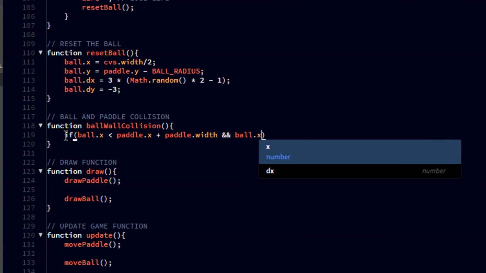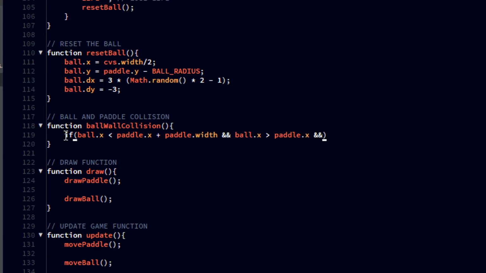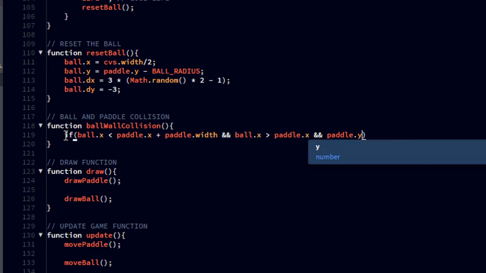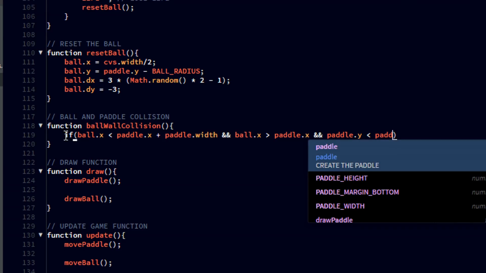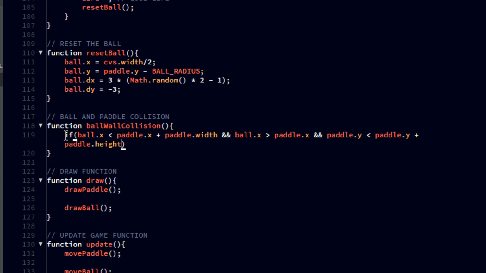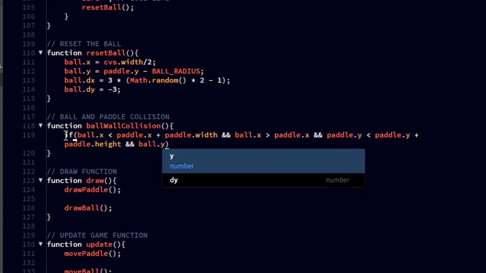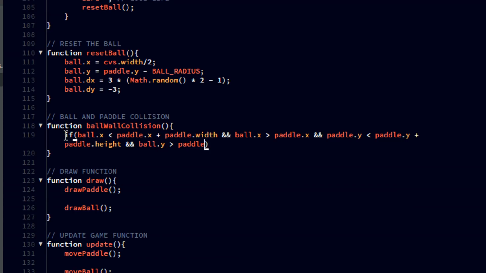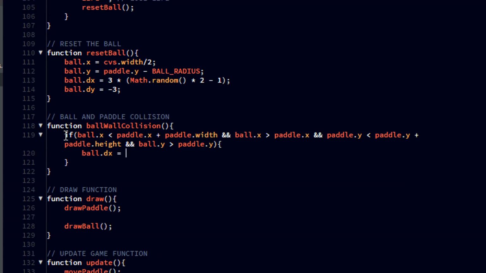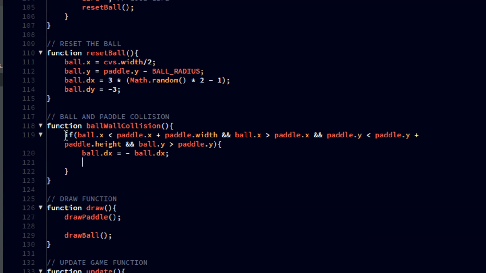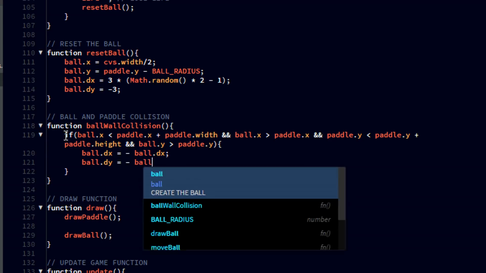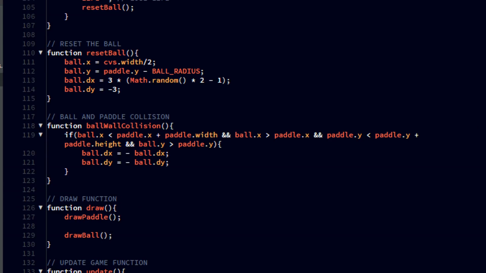So if the ball.x is less than the paddle.x plus the paddle.width, and the ball.x is greater than the paddle.x, and the ball.y is less than the paddle.y plus the paddle.height, and the ball.y is greater than the paddle.y, there is a collision. Here we need to change the ball.dx and the ball.dy. But if we do just this,